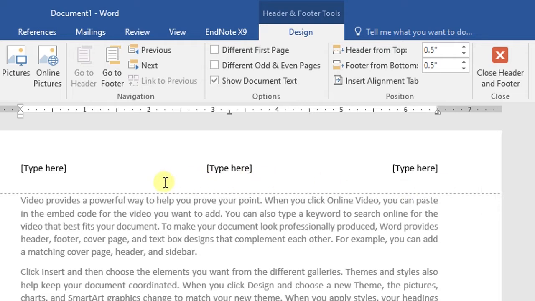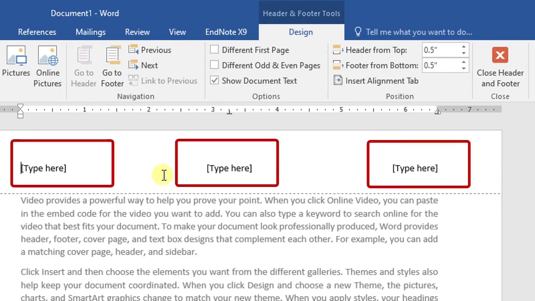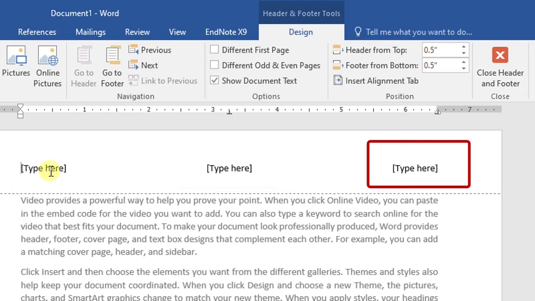The predefined header and footer contain text placeholders called Content Control Fields. Microsoft Word provides these fields for adding information to the header or footer section.